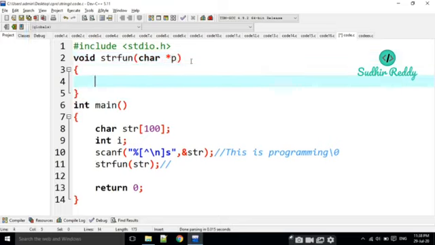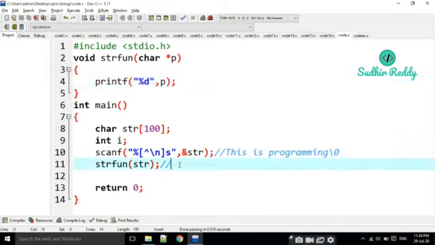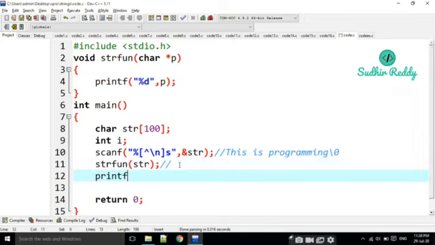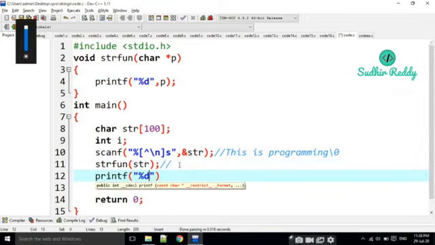Because I am going to handle characters here. That's why I am taking char *p. That is the address of one character. Now I am going to print here %d, and what is inside p here? The same thing I am going to print here also. Printf %d. What is the value of str?